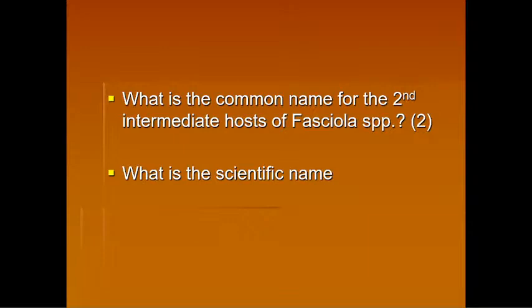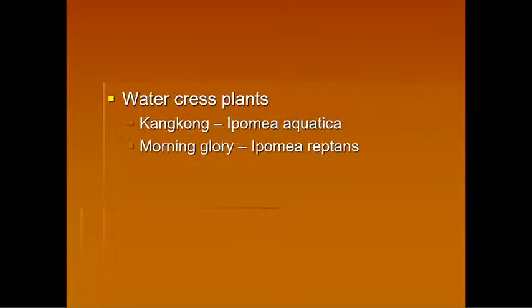But anyway, let's go to the common name for the second intermediate hosts of Fasciola hepatica. Of course, as I mentioned before, the second intermediate host is what? Vegetation. Okay? So, the common name is watercress plants. Kasama dyan yung kangkong and morning glory, Ipomoea aquatica and Ipomoea reptans. Okay? Ano yung morning glory, sir? Actually, hindi ko din siya alam, guys. Kung sinong may alam, may Tagalog siya eh. Nakalimutan ko yung Tagalog ng morning glory. If you guys know what is the Tagalog of morning glory, please do so.